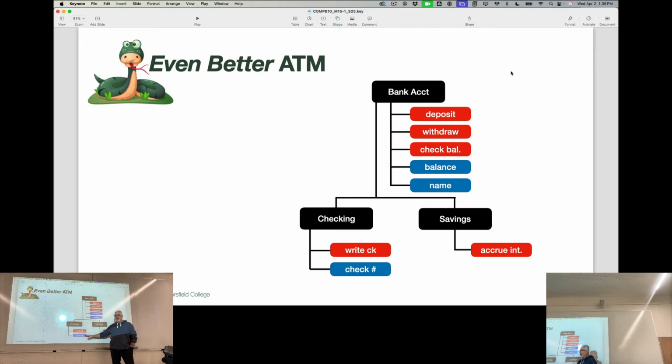So a check number keeps track of what check you're on. So each time I write a check using the write check method, that number should increase by 1. Usually you start at like 1,000. So it's 1,001, 1,002, 1,003, and so on, every time you write a check. So this is the model, okay? So an even better ATM,